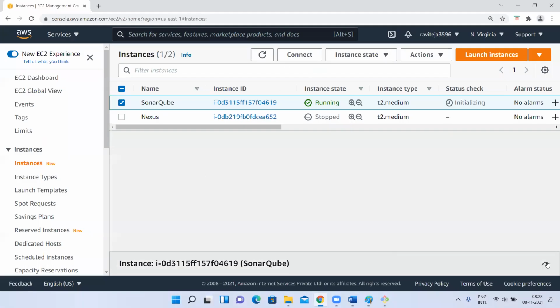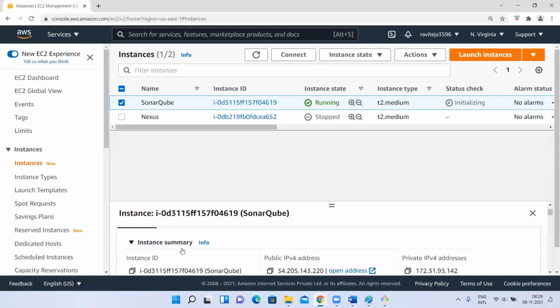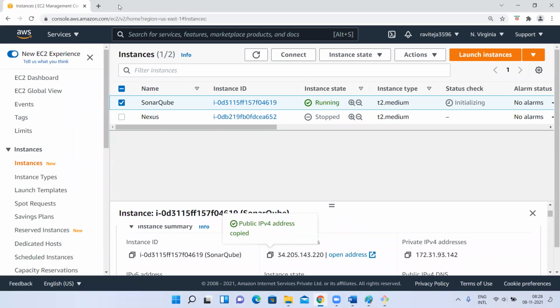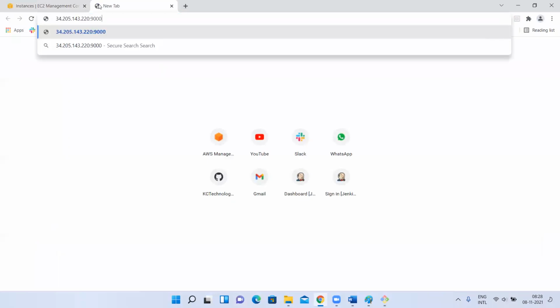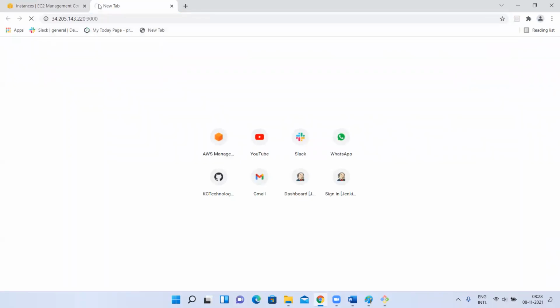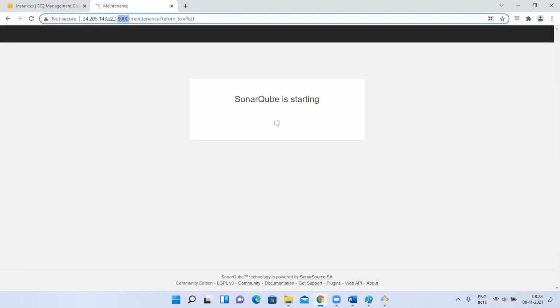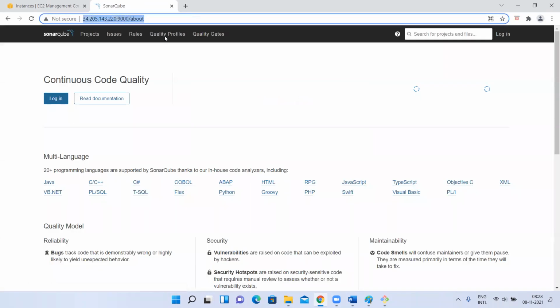For this, I'll take the public IP address of this instance. As we restarted, the public IP changed, right? Port 9000. Now, if you don't want to access with 9000, there is a sonar.properties file under SonarQube, under the conf directory. You have to go and change the port number. If you don't want to access directly with the port number, you can give some context route like /SonarQube. You can set the context route also.